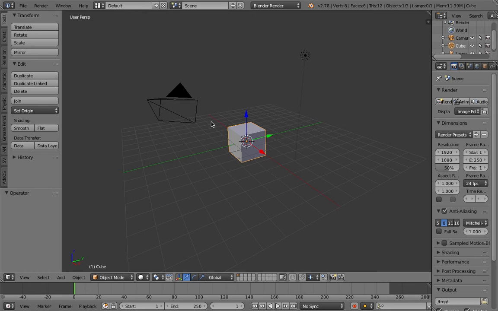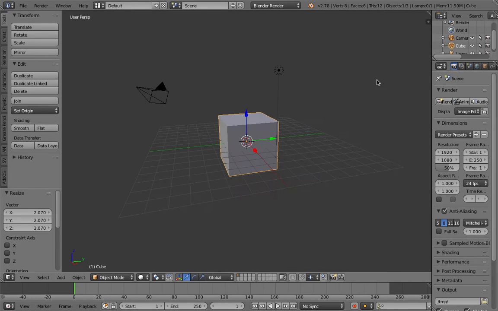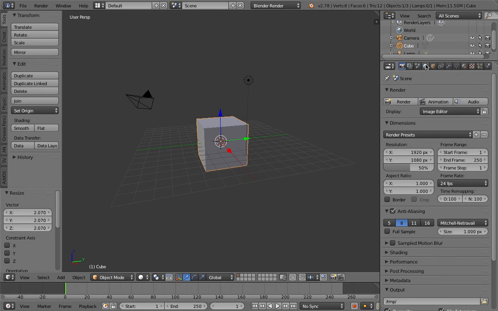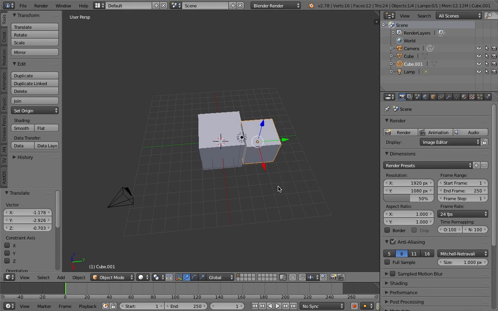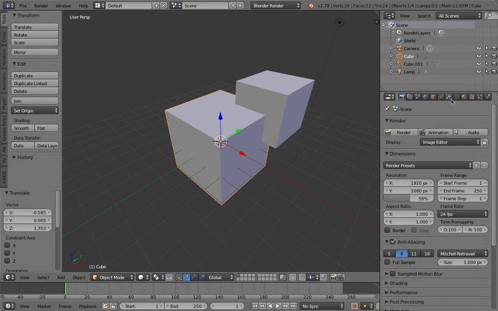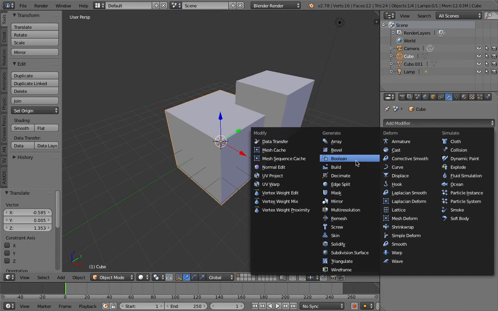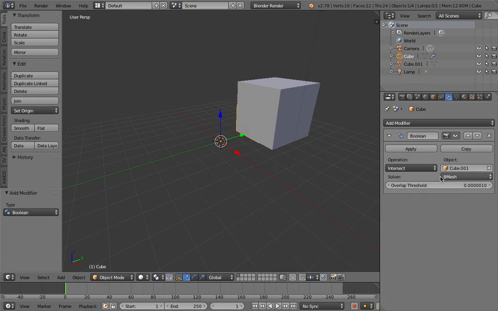In this episode, I will explore the Blender modifier, especially the Boolean modifier. The Boolean modifier is, as you already know, pretty simple. Basically, if you have a master object and you have another object that you want to Boolean it with, you just simply apply the modifier to this guy and see, apply modifier Boolean, and then we specify this object, which is Cube number 1, and then